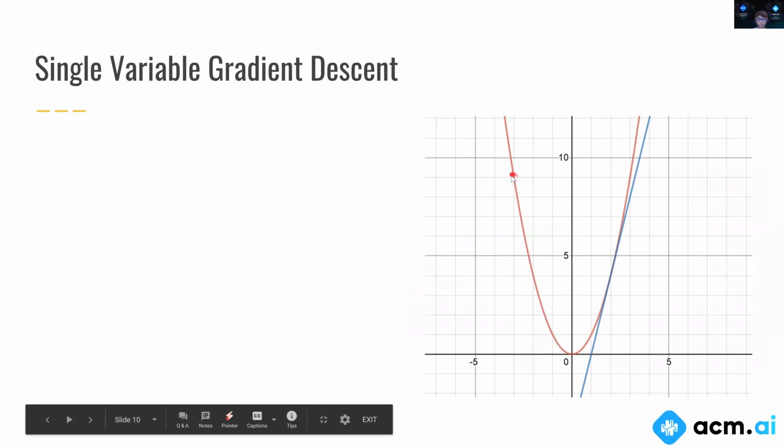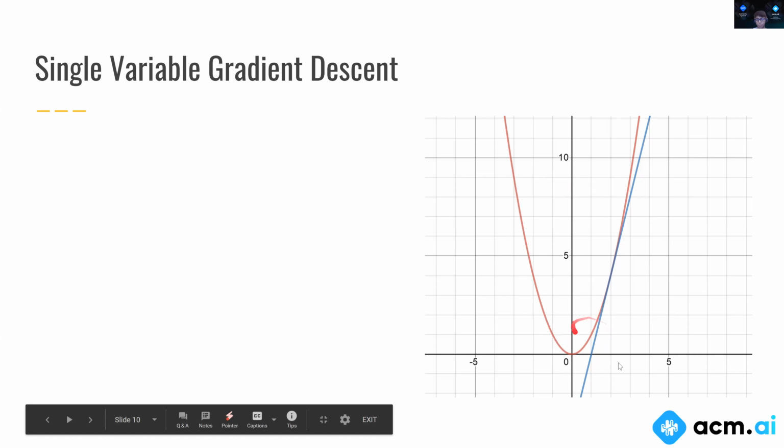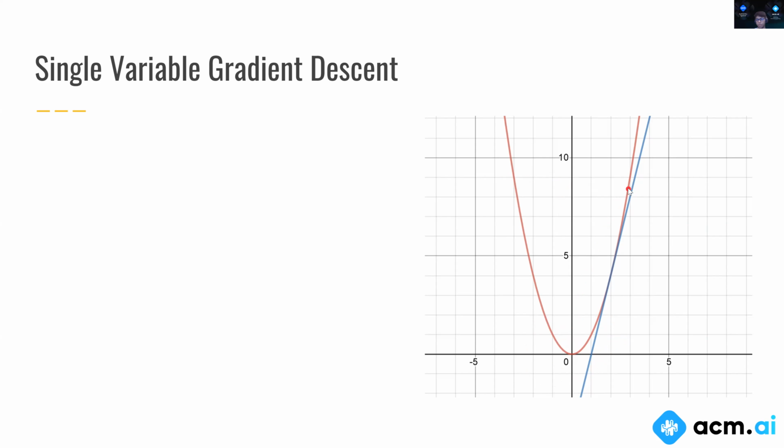Similarly, if I was on this branch and I said, should I move left or should I move right? You'd say, I'd probably move right. And that would help bring me closer to this minimum. So let's think about why we thought about that. Suppose we didn't have this nice graph telling us exactly where the minimum is. Suppose I was just sitting at this point and that's all the information I have. Why did I think that I should move to the right?